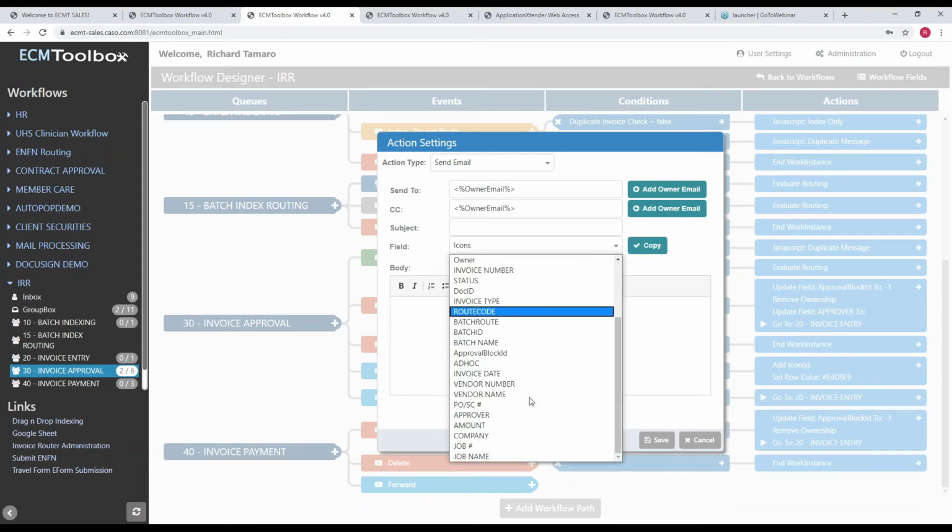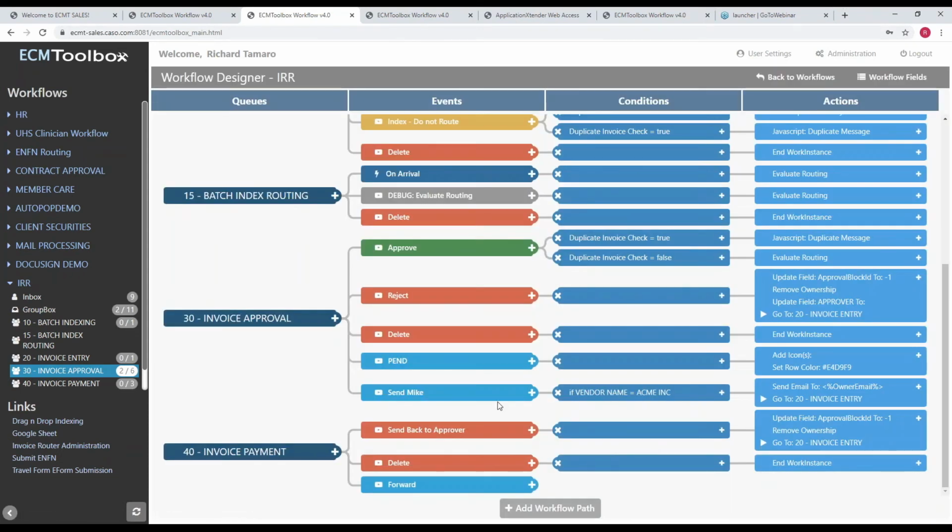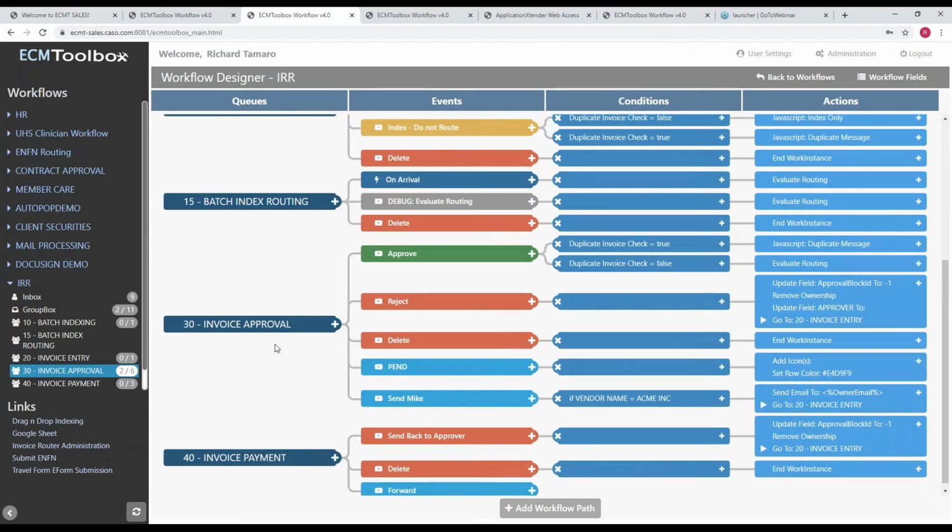I choose that I want to add some additional information about it. So now, not only will this record get sent to Mike in level 20, he's going to receive an email letting him know that there's an invoice for him to process and to review. Okay. This is how easy it is to set up the workflow,